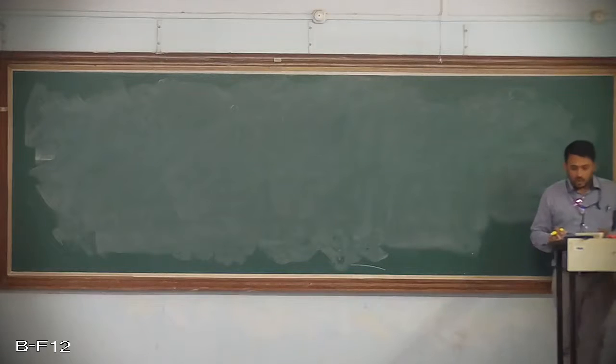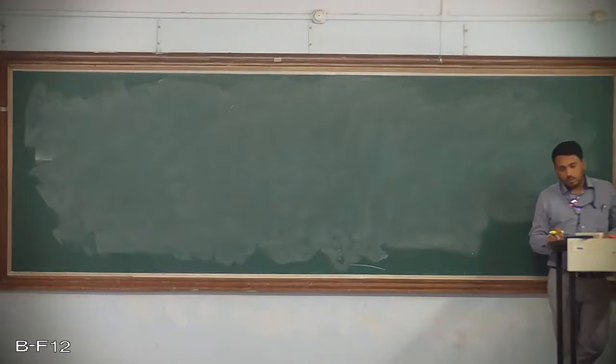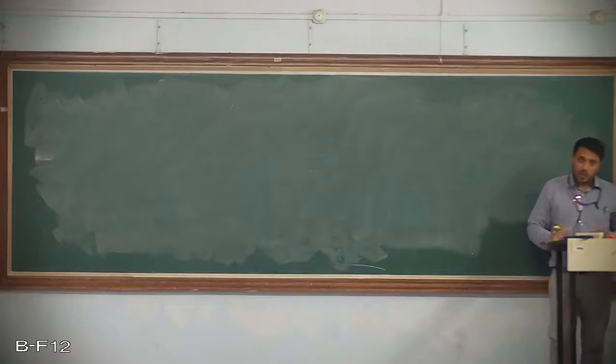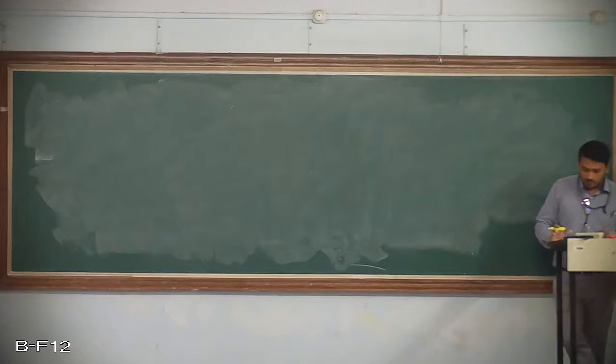So I'll just repeat one more time. A device has a failure rate of 5 into 10 raised to minus 6 failures per hour. They have given the failure rate, and in the first bit they have asked us to find the reliability for 100 hours. In the second bit, if 10,000 items are placed in the test, how many failures are expected in 100 hours. The third bit is the mean time between failure. The fourth bit is the reliability of the system when operating time is equal to mean time between failures. And the fifth bit, if the useful life is 1 lakh hours, what is the reliability for operating over its entire useful life.